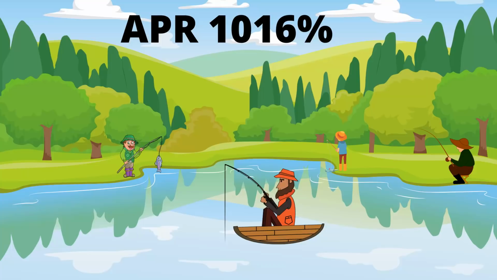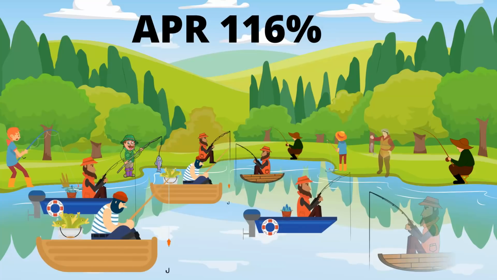The fishermen are the people getting the yield, and the lake contains fish, and in the fish there are the rewards. But what happens is everyone finds out about this lake because there's so much good fish there and people are catching a lot of fish, that then all of a sudden there's like 10 times more